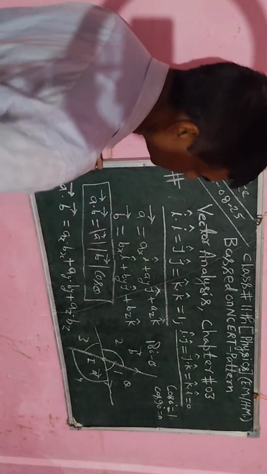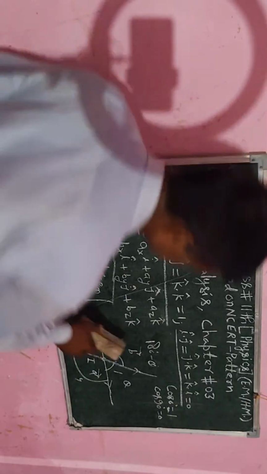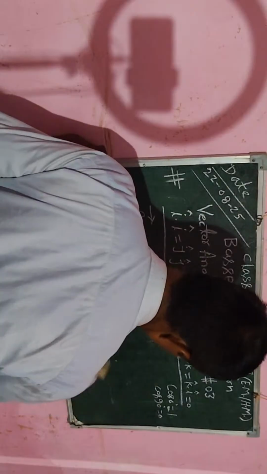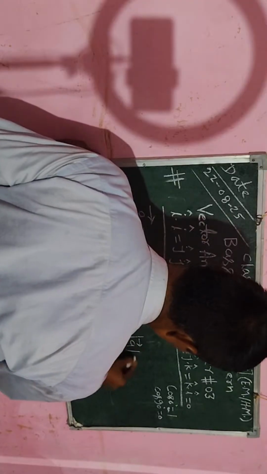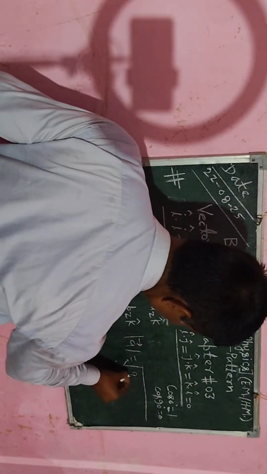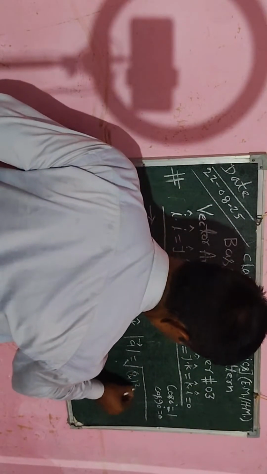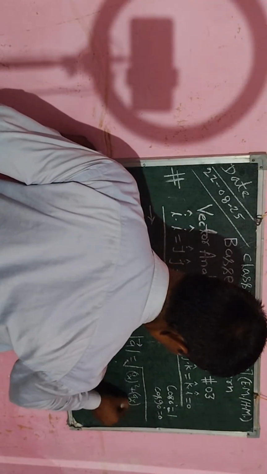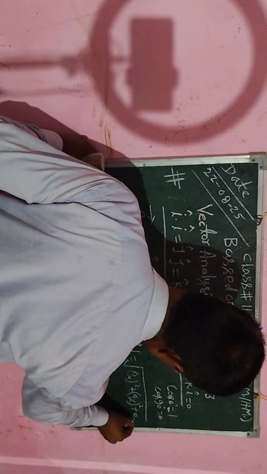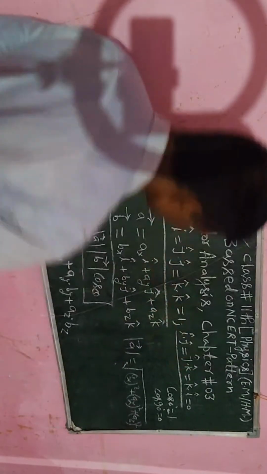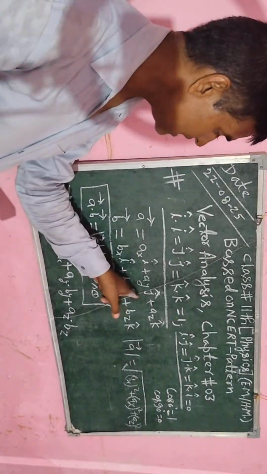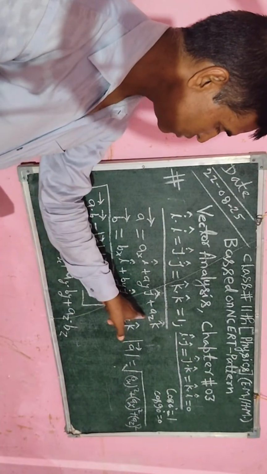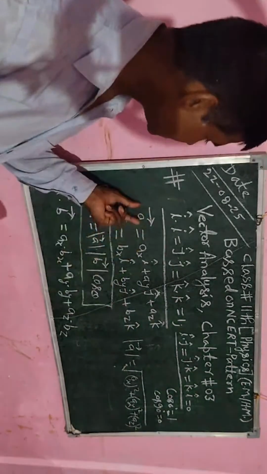ओके, नाउ अगर ए का मैग्नीट्यूड लेना होता है तो इसके लिए हम इस टर्म को इरेज करेंगे, इरेज करने के बाद वेक्टर ए का मैग्नीट्यूड लिखेंगे। अगर वेक्टर ए का मैग्नीट्यूड लिखना होता है तो इसको लिखते हैं स्क्वायर रूट ए एक्स का होल स्क्वायर प्लस ए वाई का होल स्क्वायर प्लस ए जेड का होल स्क्वायर। तो वेक्टर ए में वेक्टर आई कैप का गुणांक ए एक्स है, वेक्टर जे कैप का गुणांक ए वाई है और वेक्टर के कैप का गुणांक ए जेड है।